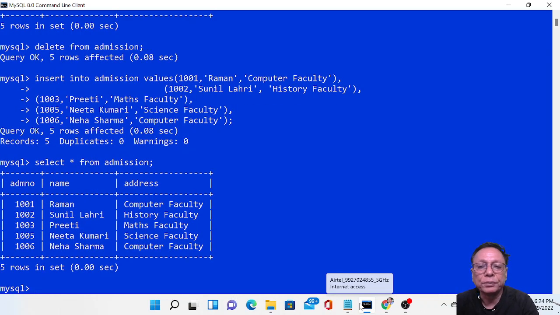Now I'm going to delete a particular record, a single record. So I want to delete 1006. So delete from admission. Now apply where admission number is equal to 1006. No, actually,